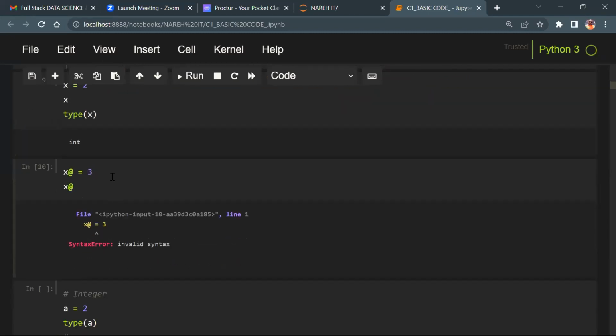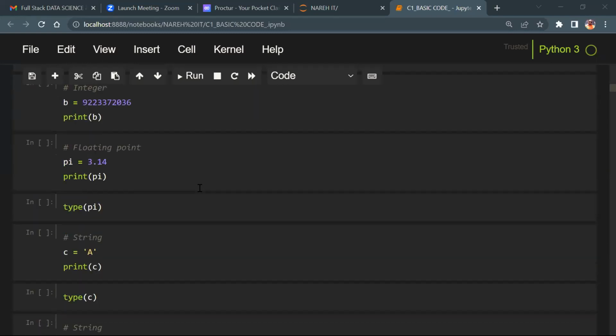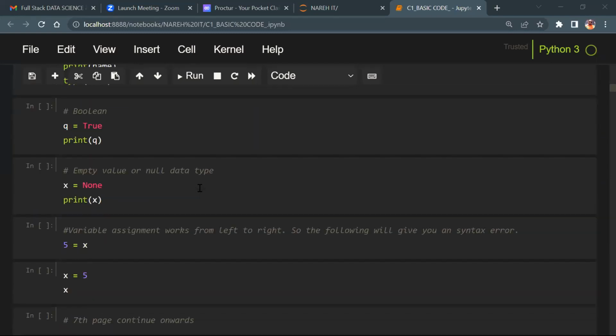Now, let me go ahead and do this. x@ equals 3. Can we get output or not? No. If I remove the @, this is a special character or not, guys? Special characters are allowed in an identifier or not? Can we make one rule? The rule is you cannot use special characters in your identifier. All special characters are not allowed. I hope you understand, guys.